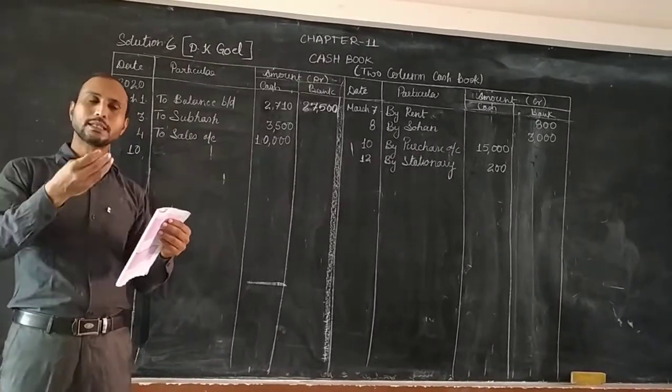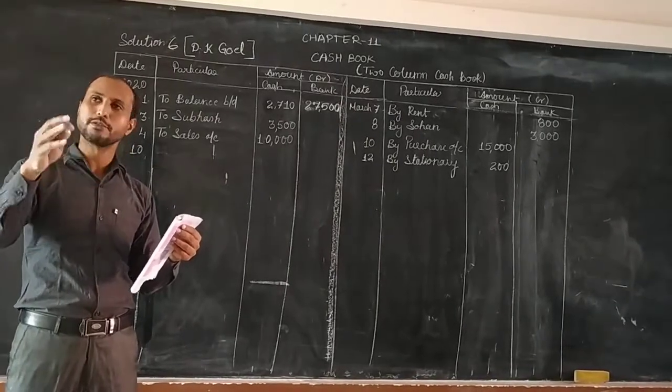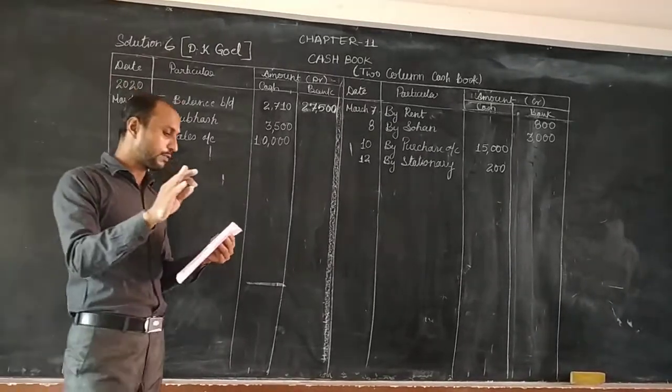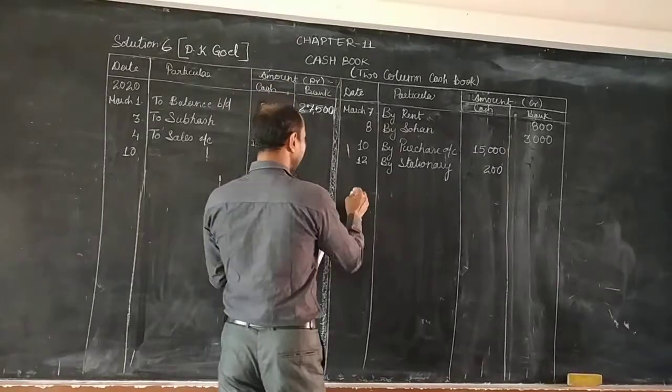बेटा बैंक से पैसा निकाला ऑफिस के यूज के लिए, तो बैंक से जब पैसा निकाल रहे हो तो ऑब्वियसली बैंक की तरफ से तो पेमेंट ही हो रहा है, बैंक की तरफ से पेमेंट हो रहा है। तो यहाँ पर डेट डालेंगे, 12 तारीख की बात है ये।